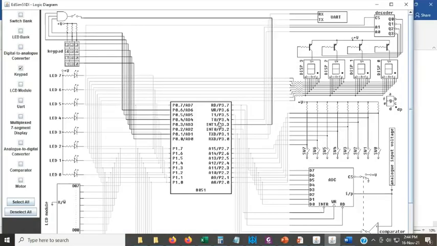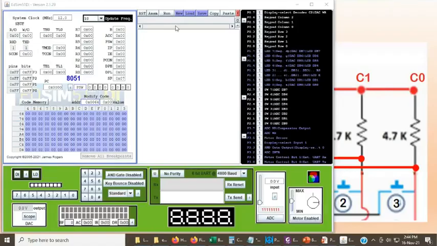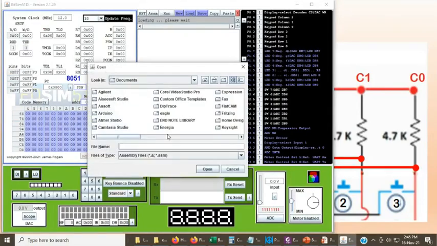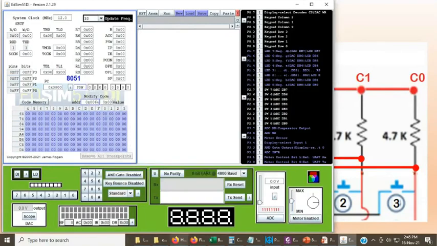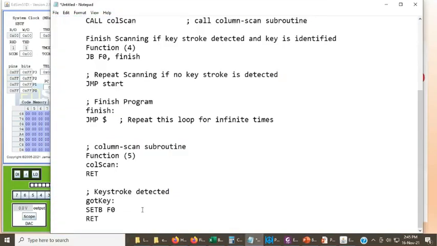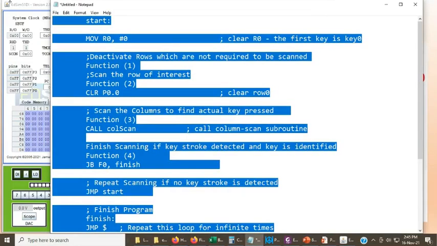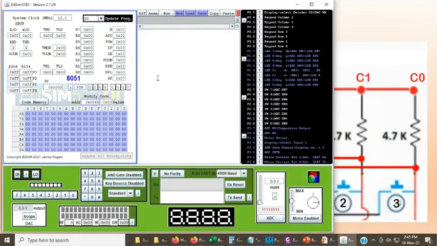Let me take the reference program from here. Load. Let me check if I can load the program from here. No, I don't have it here. Okay, I will take help of this particular thing. Control C, Control V.